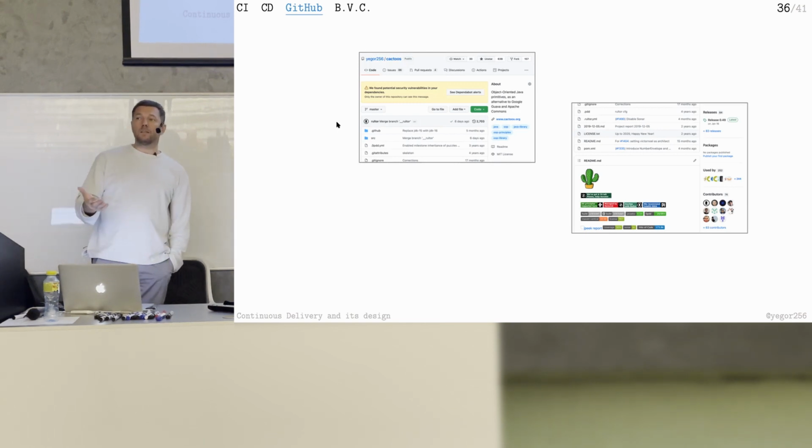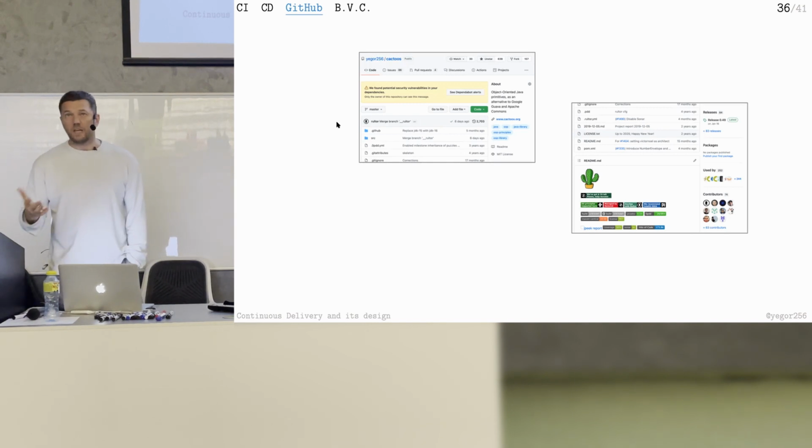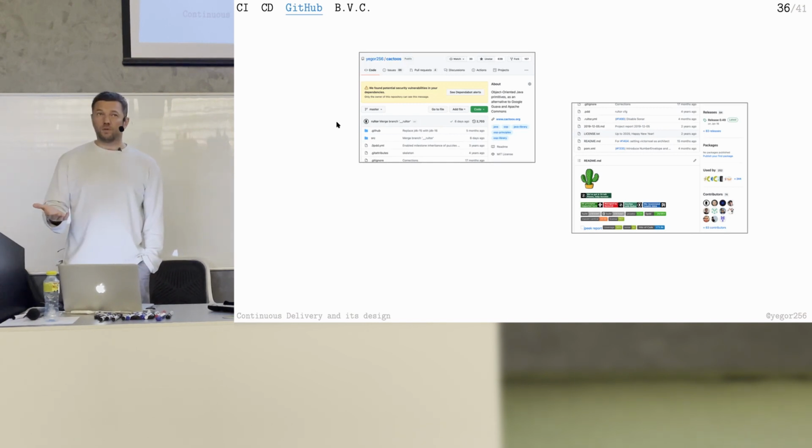Next step, pull requests. It is highly recommended that you develop in branches, even if you're the only developer in the code, even if you're alone working. Make it a habit for yourself. So you have the master branch. Every time you start making a new feature, you do git checkout -b and then the name of the branch. It's better to have this name named after the ticket which you create, after the issue.